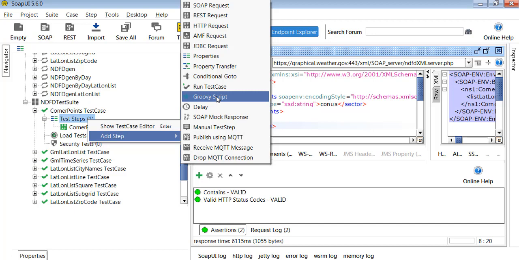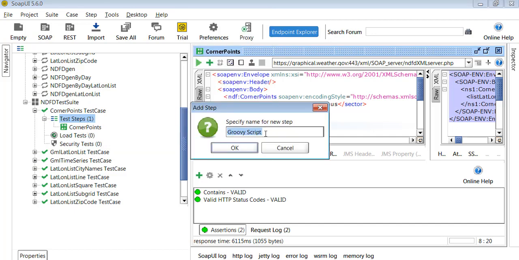I'm going to add it and provide the Groovy script name as parameterize corner points parameterization.